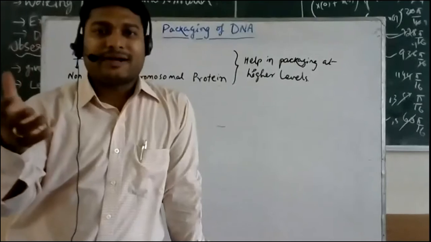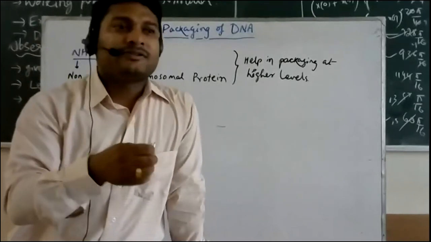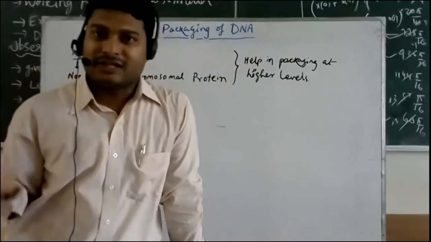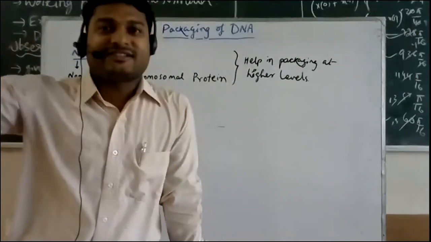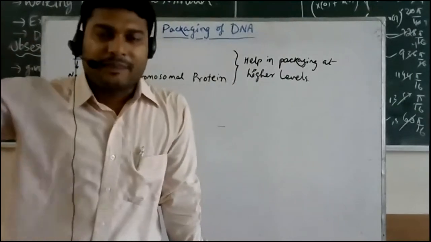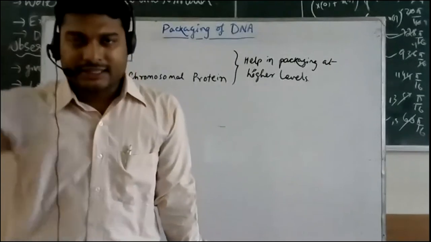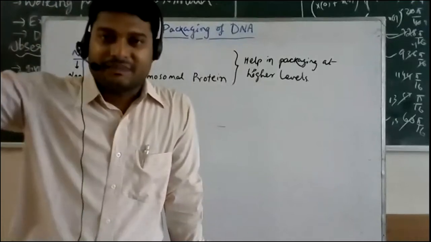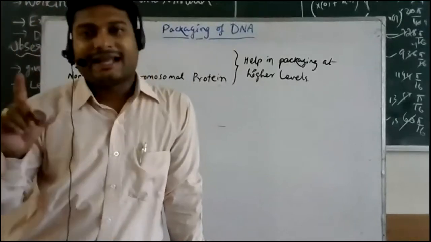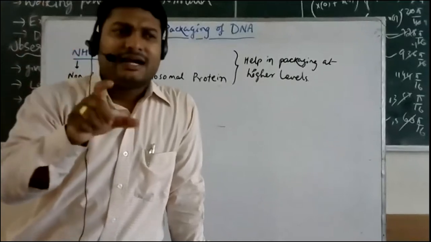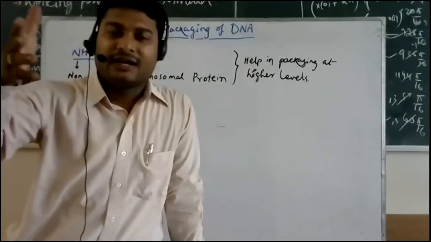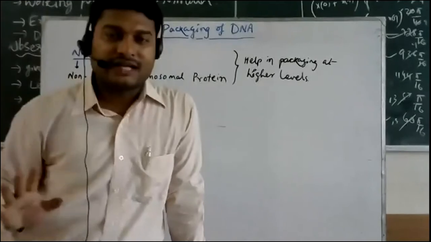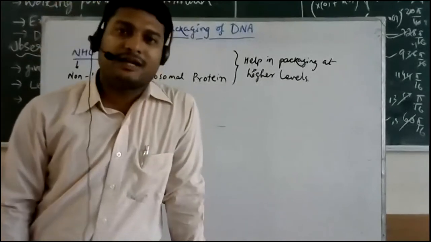So in lower levels, what I'm talking about is very simple. DNA, the first level of compaction. DNA gets wrapped around a protein, that is histone, and forms the nucleosome. But the nucleosome gets compacted again and again, you have seen it, solenoid, and then the chromatin fibers. So at this level, for even further compaction, smaller and smaller, the additional proteins are required. Beyond the solenoid level, we are calling that a higher level. Beyond the level of a nucleosome, the compaction uses the NHC protein, and that is what we are calling a high level of compaction.